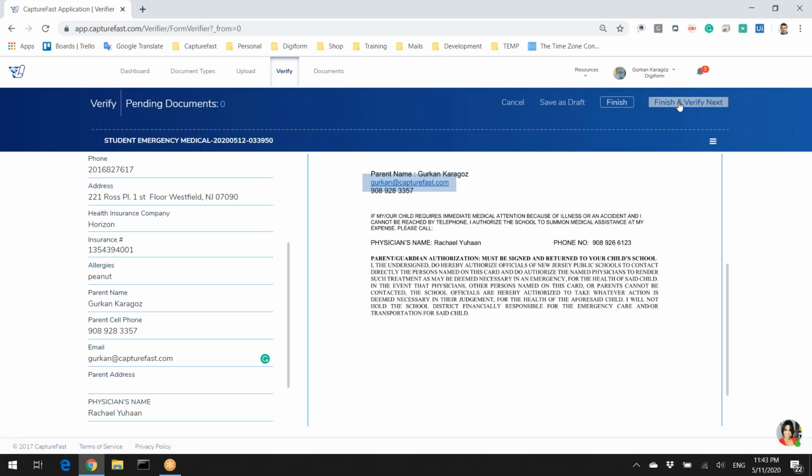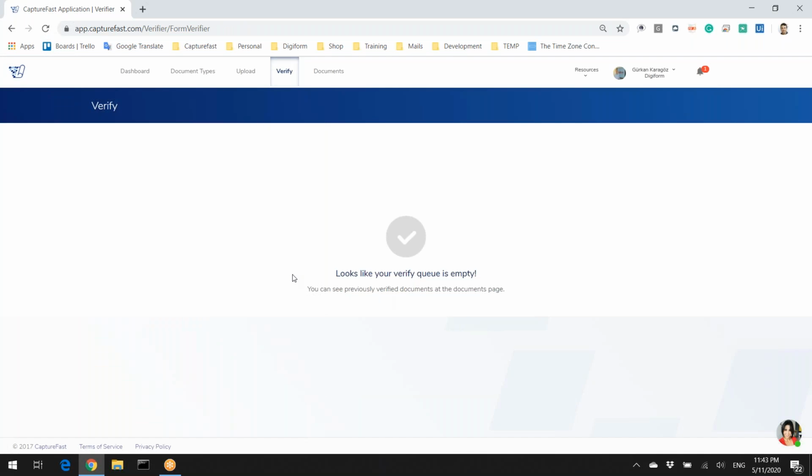When I click this finish and next, all the operation is completed. Now, what happened to the extracted data? The extracted data is deleted from the system. So Capturefast is not keeping any extracted data after the transfer. Let's go to